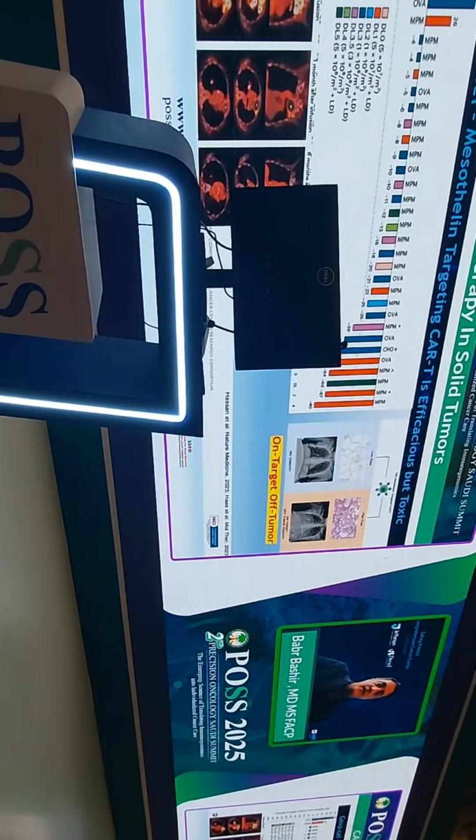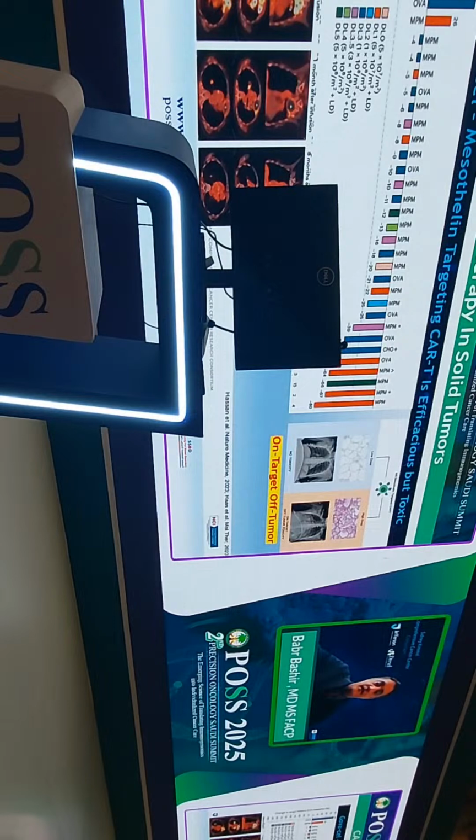Cell therapy is a mesothelin targeting CAR T cell therapy. As you can see across various solid tumors, including malignant mesothelioma, with this CAR T therapy, there is significant regression of the tumor. But the problem is mesothelin is a self-antigen and is also expressed on the mesothelial cells, particularly in the pleural cavity. So in these examples, a couple of patients developed on-target toxicity, resulting in severe pneumonitis and causing significant